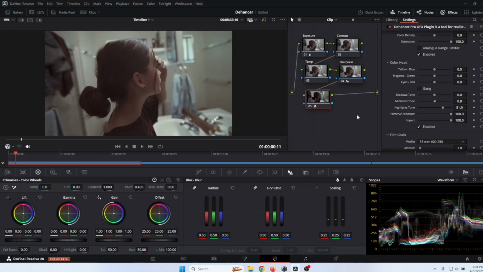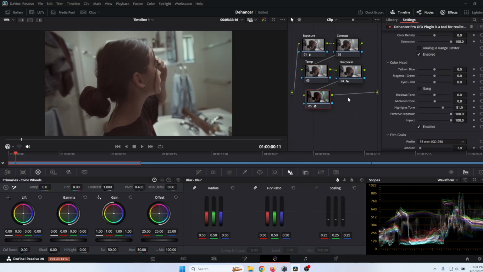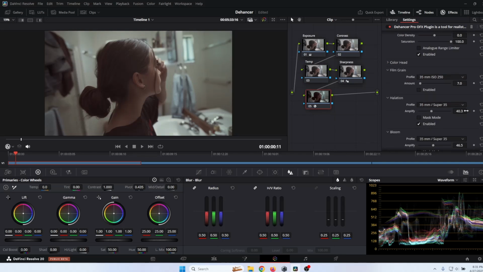Now that's something you could do here in the temperature as well, or you could even create a new node and call it color, and then you can adjust your gamma, lift, and gain. But that's something that's fun to do within Dehancer. But for now, I'm just going to leave that disabled because I really like the way the colors turned out